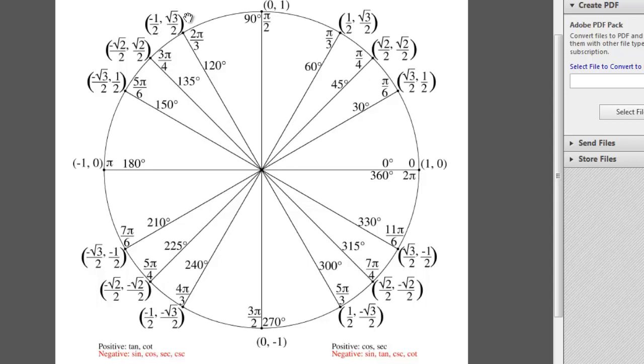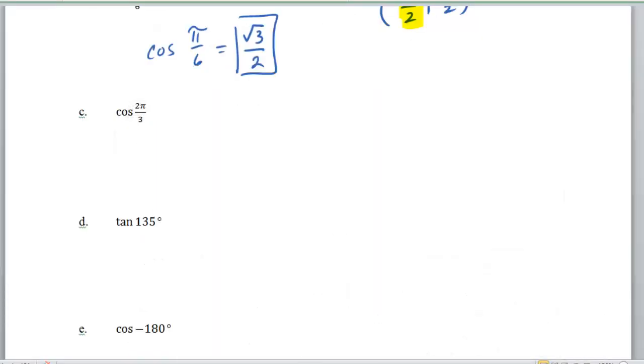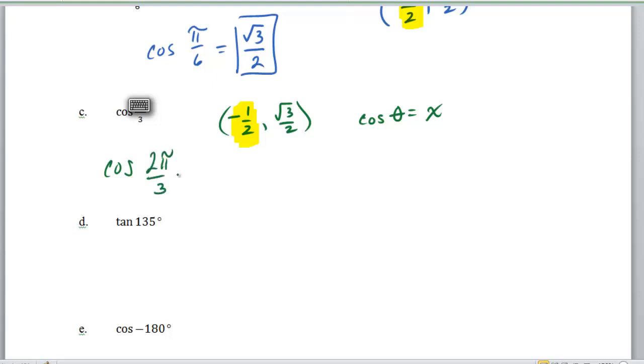But we can see a couple things here. We can see 120 degrees, 2 pi over 3, and we also have the ordered pair that goes along with 2 pi over 3. So that's going to be some valuable information here. Since we know that ordered pair is negative 1/2 and the square root of 3 over 2, and we also know that the cosine of any angle is the x value, then we can figure out the cosine of this is very simply 1/2. So we can say that the cosine of 2 pi over 3 is going to equal negative 1/2. All right, so that's pretty straightforward,